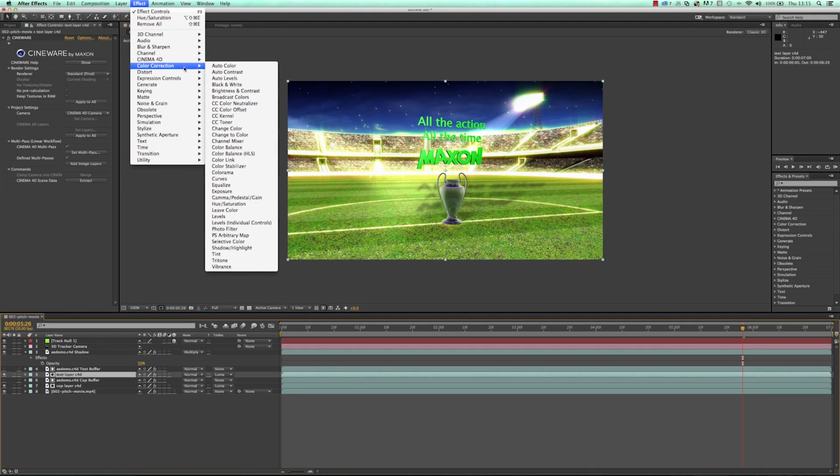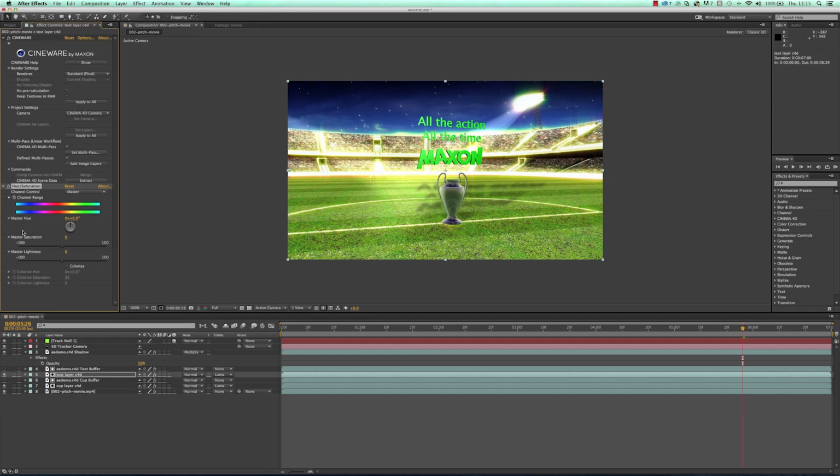So if we go for the HSV again, or hue saturation, we can change it and look for a colour that actually works with the colours that we've got. I think probably a red will stand out, and if I bang up the saturation, that looks a bit better to me. You could try darkening it, so now we can see that text. And the awesome thing is that that is done right the way through the movie.